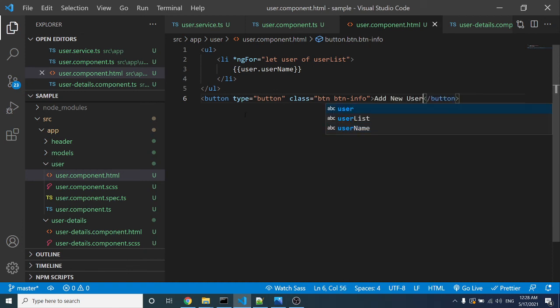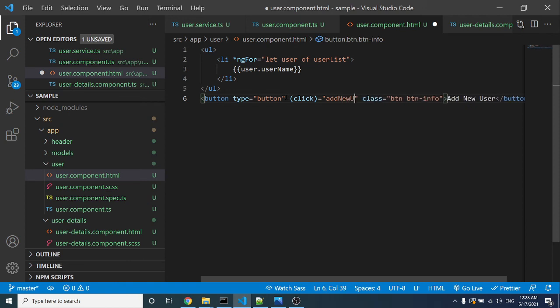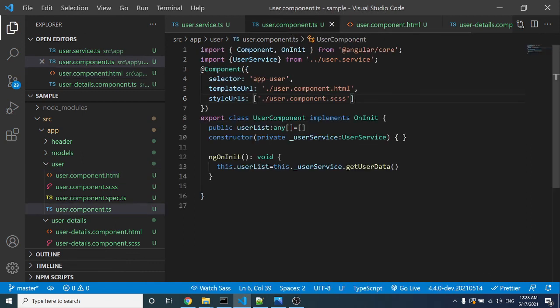For this button I'm adding a click event. I'm naming the method addNewUser. We need to take the same method name inside the user component.ts, addNewUser. So on click of this button we want to add a new user.